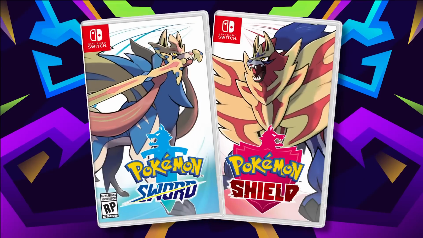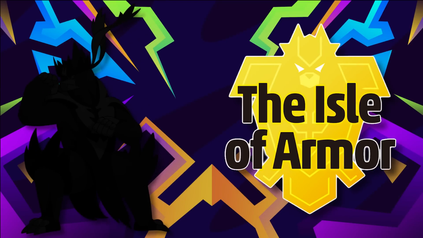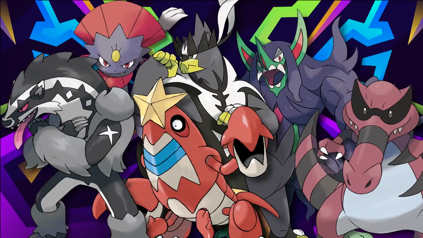Up next, we're in Gen 8, starting with Galar. This time, we're gonna have a lot of fun, because there's a special Pokemon you can get if you have the Isle of Armor DLC. This team, however, is Obstagoon, Crawdaunt, Urshifu, Grimmsnarl,